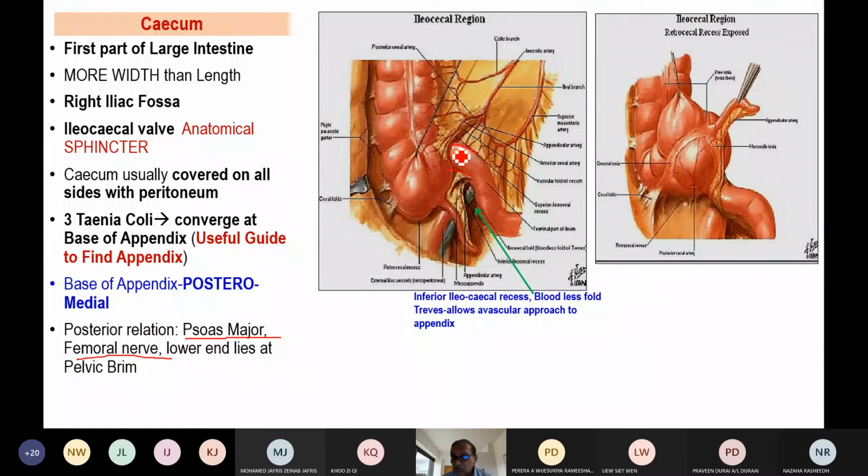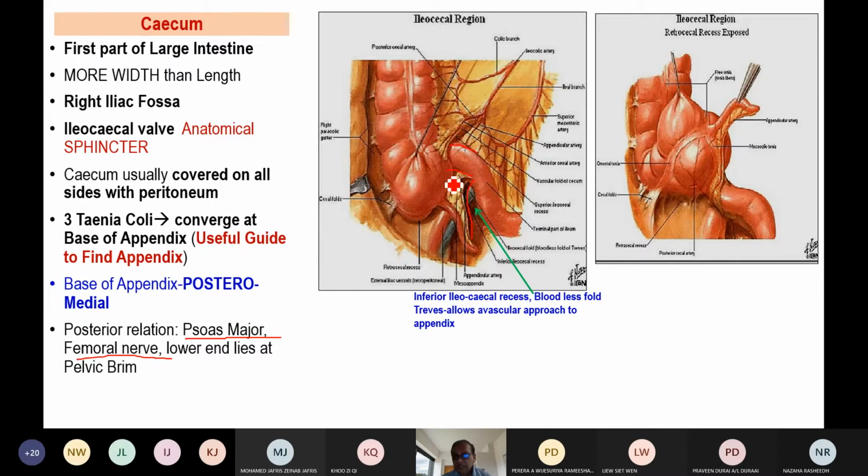And 2 centimeter below the ileocecal opening, you can see the appendix dangling, and the appendix is connected to the ileum by a fold. This is called the mesoappendix. And further, what are the other things here? Between the ascending colon, ileum and cecum, this is called the superior ileocecal recess of peritoneum. That means this is all peritoneum, but it has been given a special name, superior ileocecal recess. Between ileum and appendix, this part is called the inferior ileocecal recess.